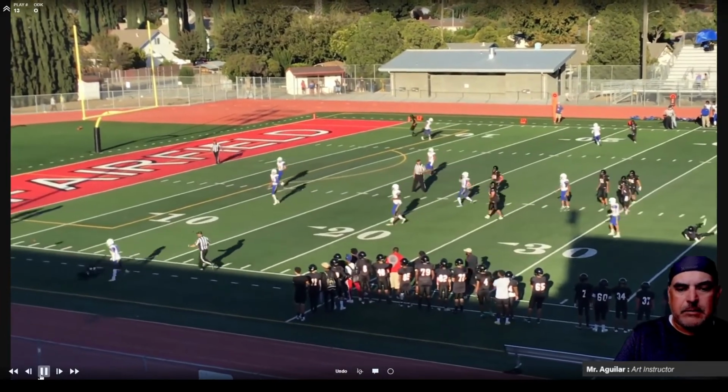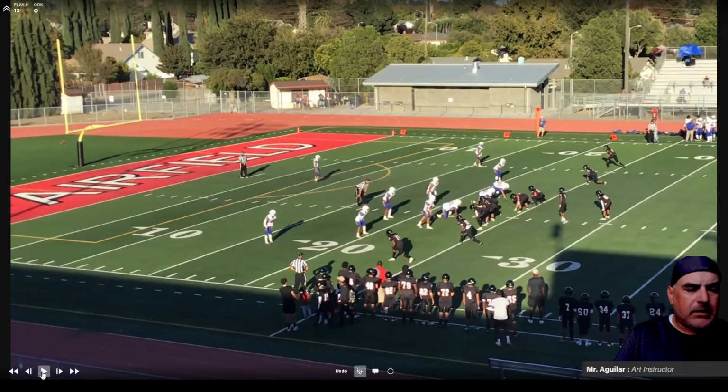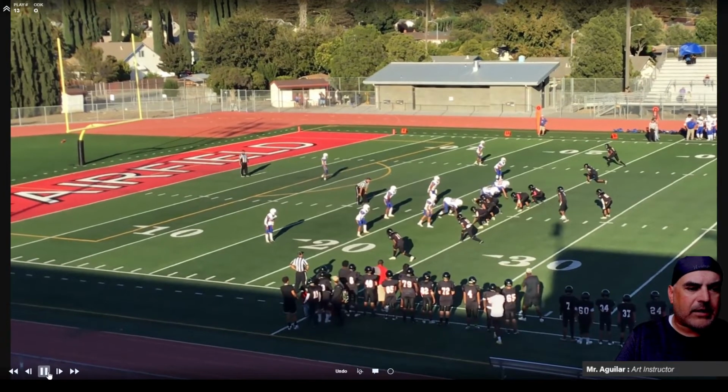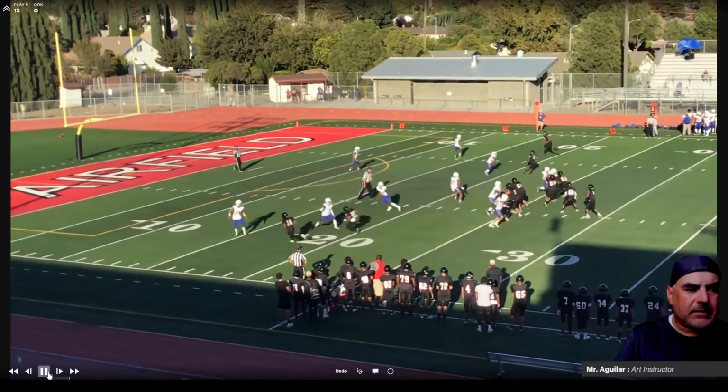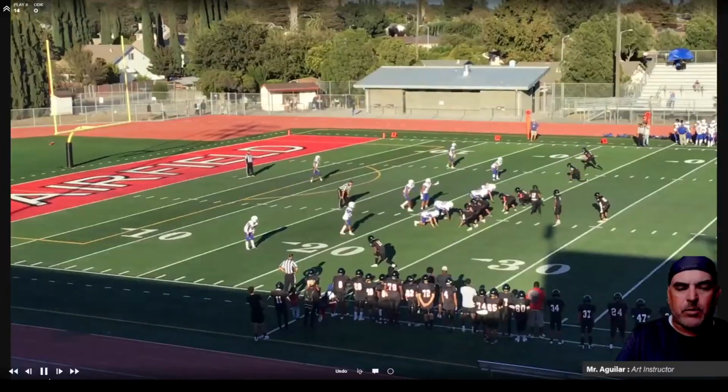And that's the same play right there. So this is that double concept. They're running a vert with a 5-yard out on both sides. Quarterback is just picking a side. Okay, they're keeping it very simple. Quarterback just picks.